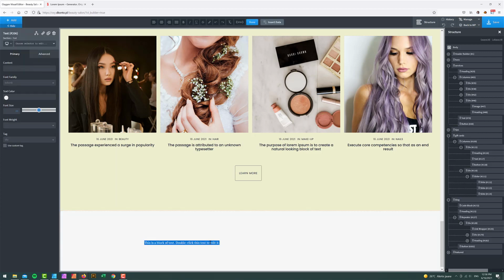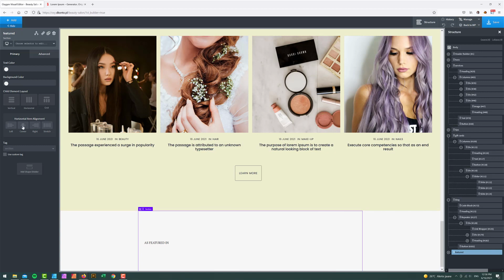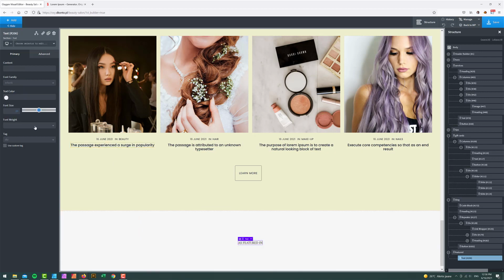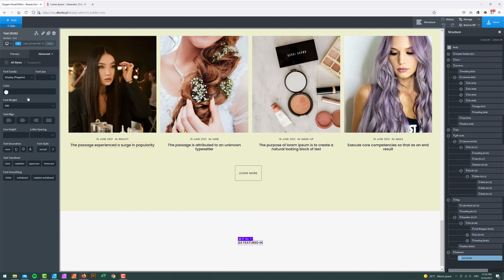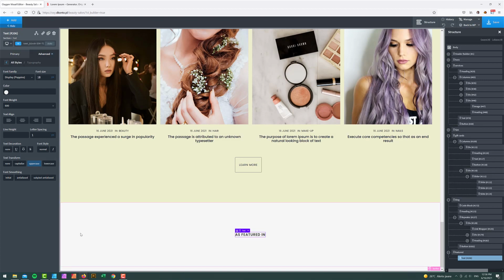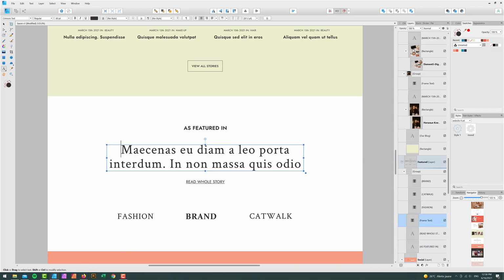And it's basically a matter of just adding some text here. So I'm just going to type that in or paste that in, so: featured in. And of course I'm going to make sure that everything is aligned to the center. So this guy is going to be again my Poppins. It's going to be 600. And again, I'm going to go to typography, make sure that it's set to uppercase, and maybe make it a bit bigger. Now let's do 18 pixels,